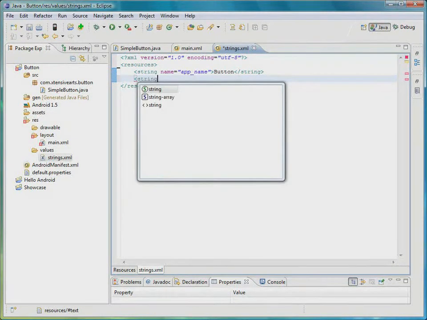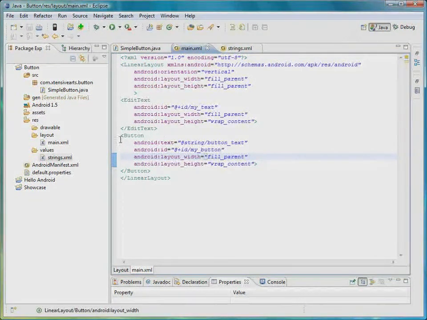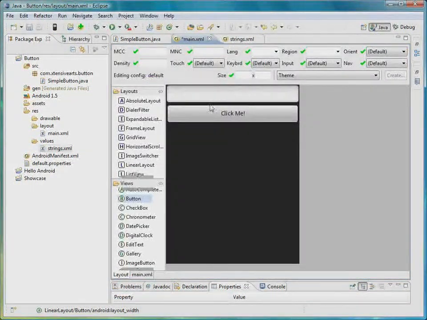So I just create a new element, string, with the name of button text, and I don't know, I'll just call it click me. And then I'll save that. And as you can see here, now the error has disappeared. Alright, so now here we have our layout. You can see here's our edit text and here's our button. And what I want to do now is I want to give those elements a little bit of padding so that they aren't that close to the border. So in